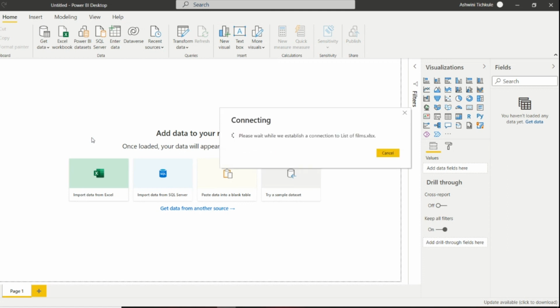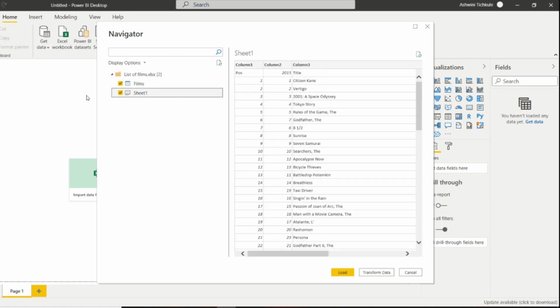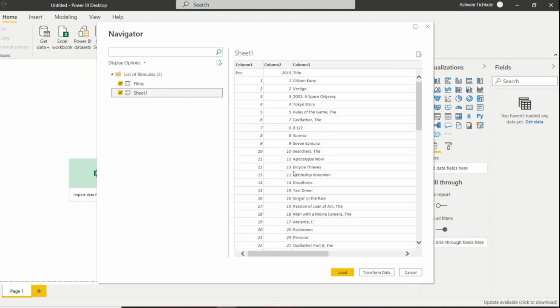After this, we get the options for which tables we want to import and which we don't. There are two sheets, and I have to import both, so I check these two tables. Here three options are given: load, transform data, and cancel. If you want to do any transformation in these two tables, then we go to transform data.